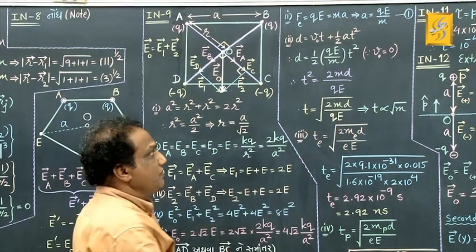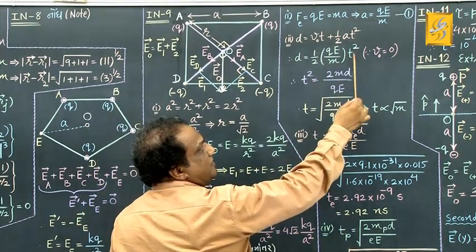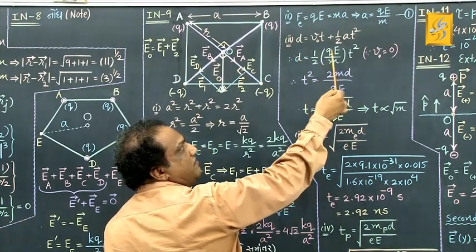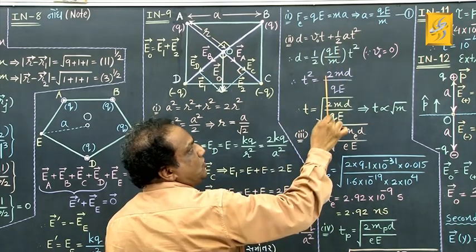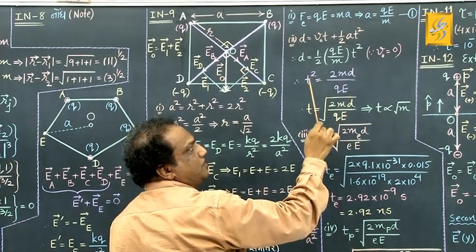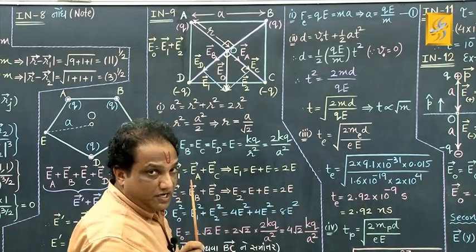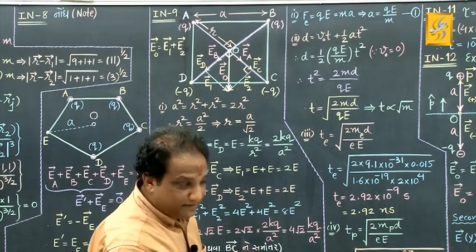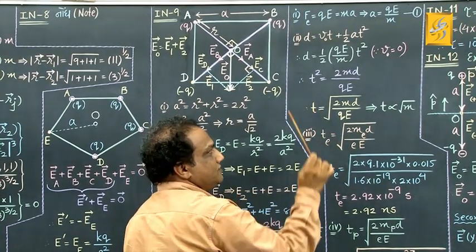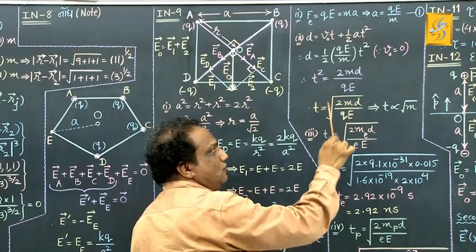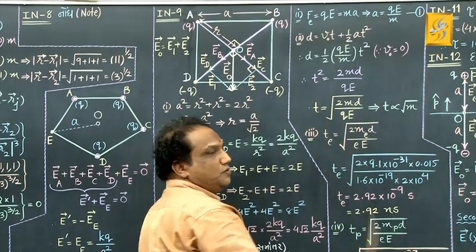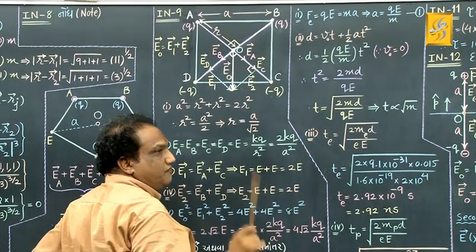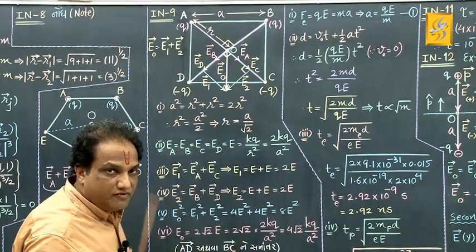Just make T square the subject of the equation. Find out T square: 2 into M, you can transfer here, so T square equals 2md divided by QE. But I want only T, so take the square root of this. T is the square root of 2md upon QE, correct? Now use this formula 2 times, once for electron, and second time for